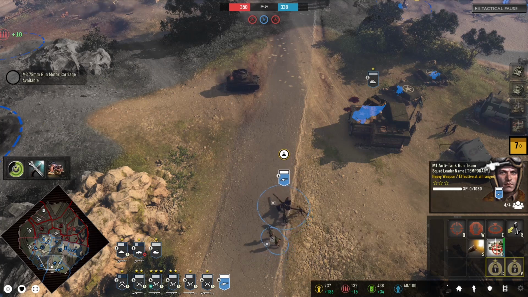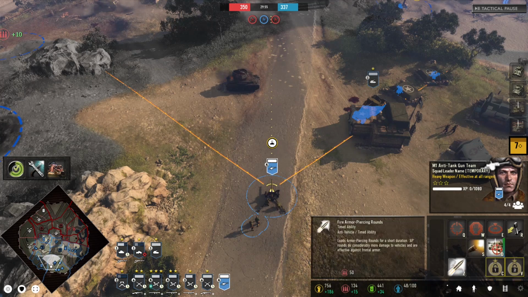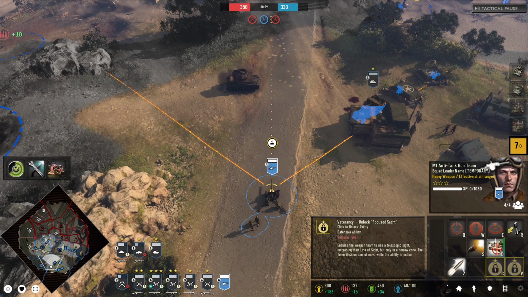It is able to specially load an armor-piercing round. They do more damage and have a higher penetration value. This is to compensate for otherwise a lower amount of penetration that might be seen with this compared to something like the Pak 40. Veterancy-wise, it can get focus sight, essentially increasing the line of sight in a narrow cone,